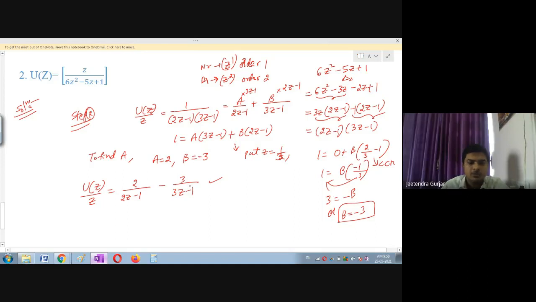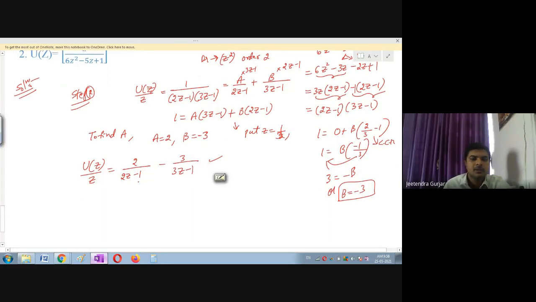See, more doubts you will get when you solve it yourself. Don't just write it down as it is in your book. In the exam, you have to solve your paper. You cannot ask your friends to solve. When you solve your paper yourself, then only you are going to become good engineers, right? Okay, so till here everything is clear, right?